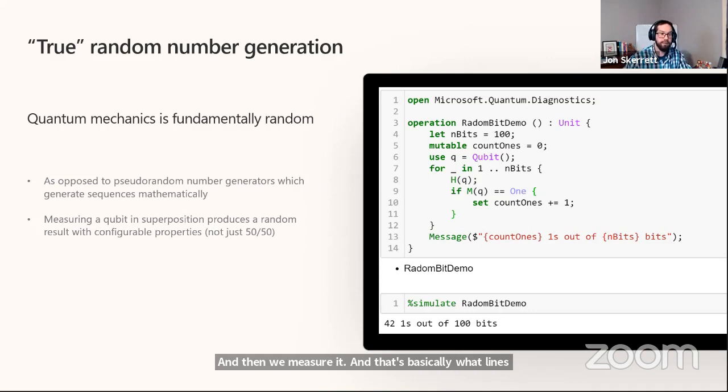And here we don't do anything with those generated numbers except we count them. So if the measurement result is 1, we increment our counter of 1s. And then we tell you here how many 1s we've generated out of all of the runs. In this case, we got, what, 52 1s? Something like that. And you can run this several times and you'll get different numbers.